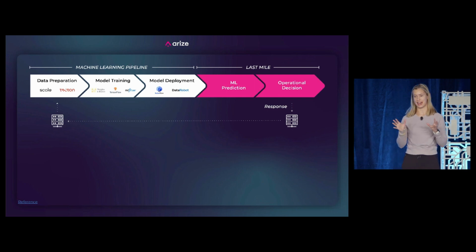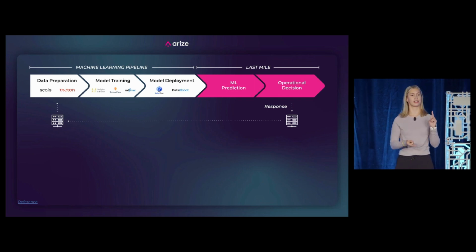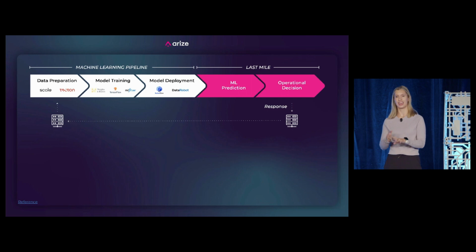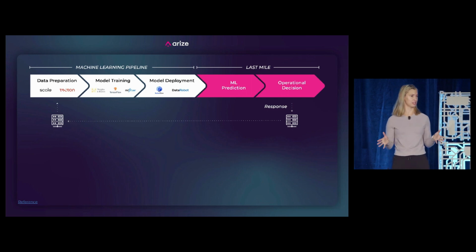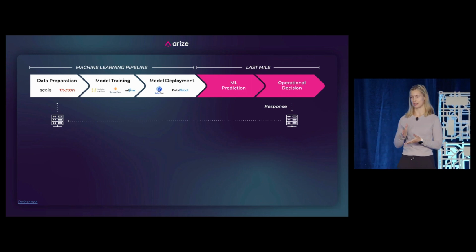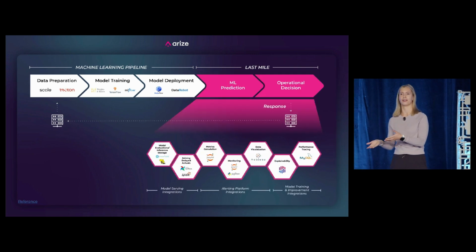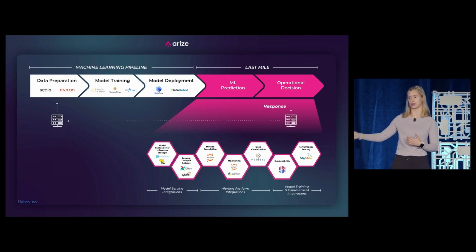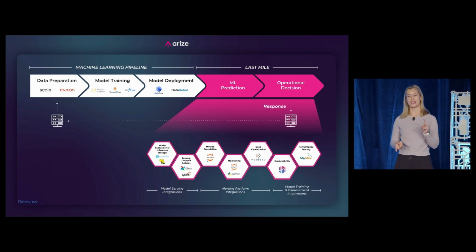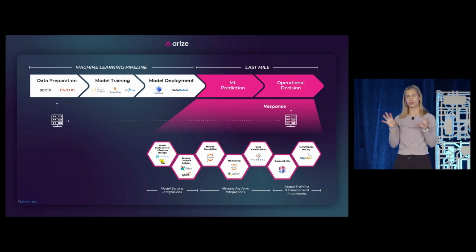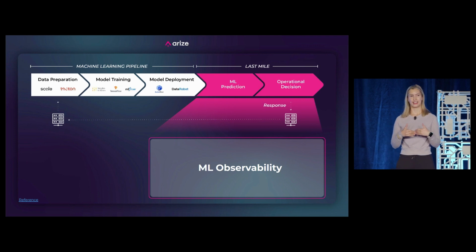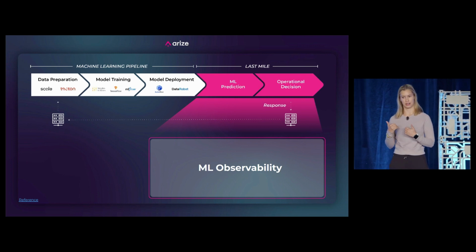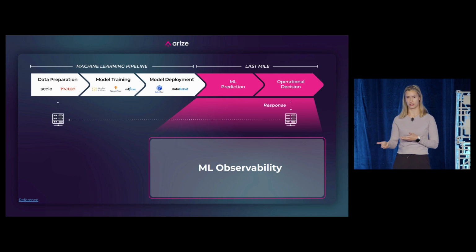What we see is that in our machine learning pipeline, we start with our data prep, our model training, our model deployment, and the tools are incredibly sophisticated, right? These are tools that tell you what to do, how to do it. It's that last mile. We try to string together a host of existing tools, hoping that they'll tell us what our model is doing wrong in production, but that last mile is extremely difficult. It's that ML prediction, it's that operational decision, and if we string together existing tools, we're not going to know exactly how to find certain errors for our model.